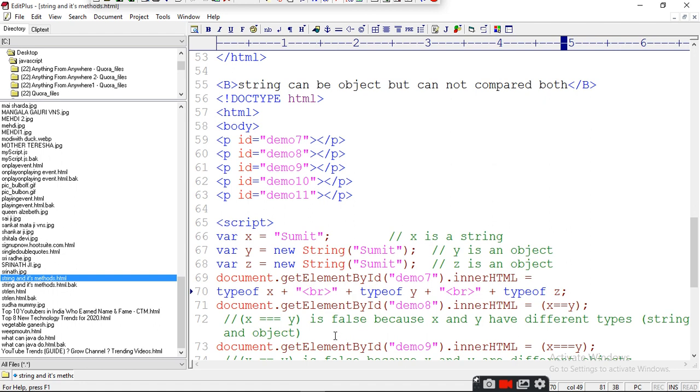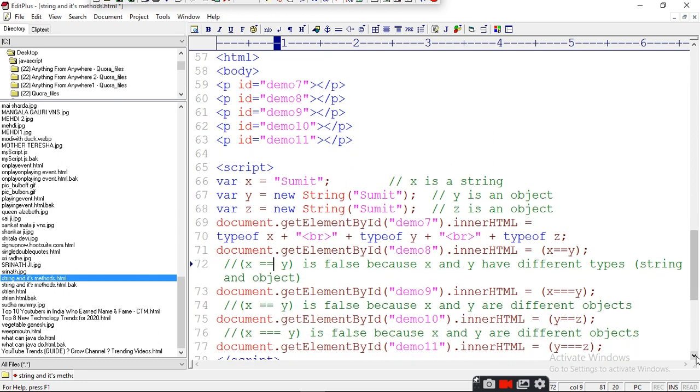When you compare x equals y, it will give you false because one is a string and the other is an object. And next, when you compare x === y exactly, it is also false because x and y are of different types.